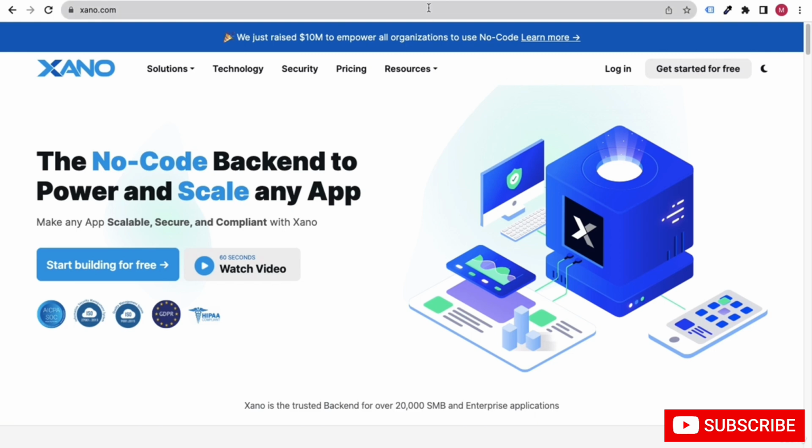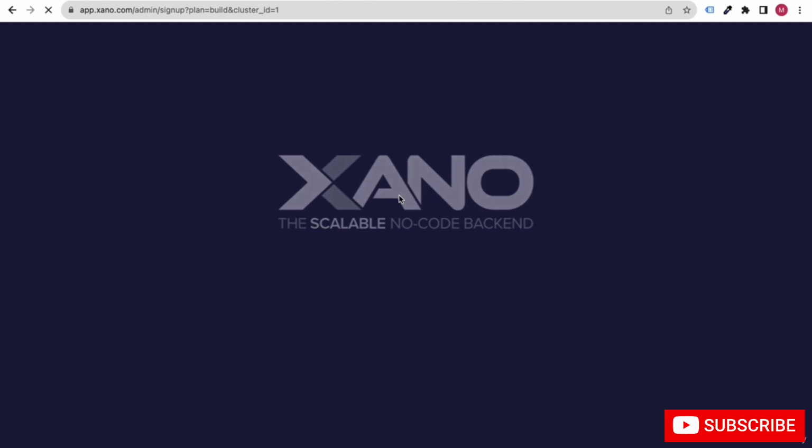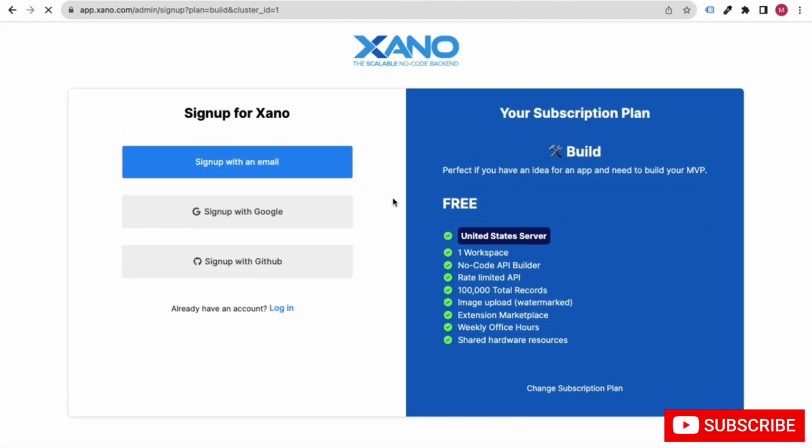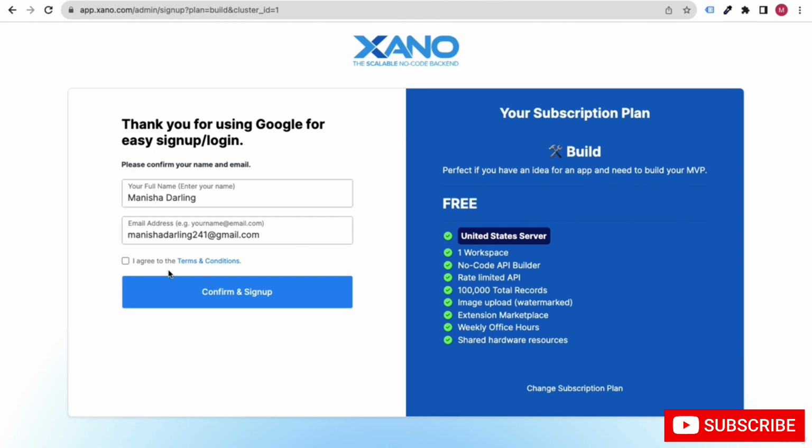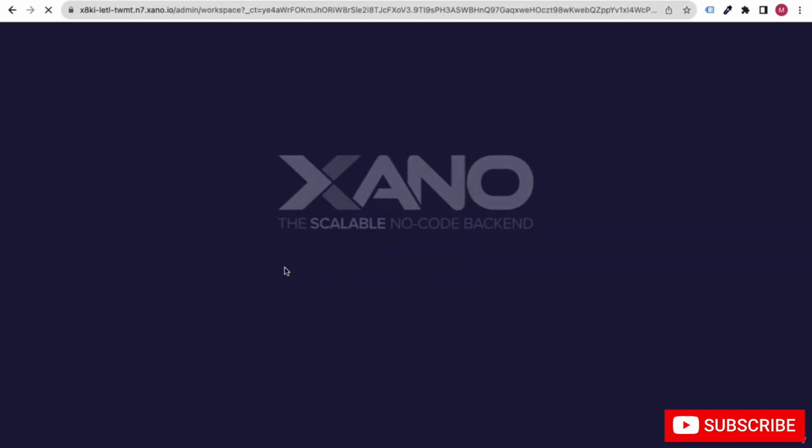Okay, so let's see how this is going to work. You can first click on this get started for free button. Let's wait for a few seconds. Then it will ask you to sign up, so let's say I sign up with Google. You can sign up with anything, it's just a basic thing. Okay, great, I agree with the terms and conditions, sign up, confirm, great, just go ahead to the Zeno tool.